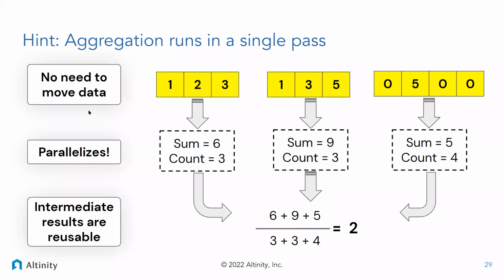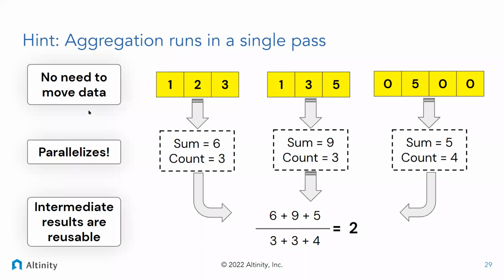And the tool that we have in ClickHouse that we can lean on is aggregation, because aggregation, as it turns out, has a bunch of really favorable performance properties. One, and this is an example here, is how averages are computed inside ClickHouse. First of all, there's no need to move the data. You just scan the data once, and you're keeping sums and counts